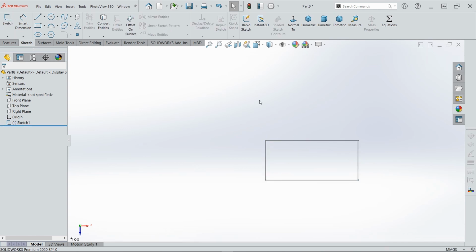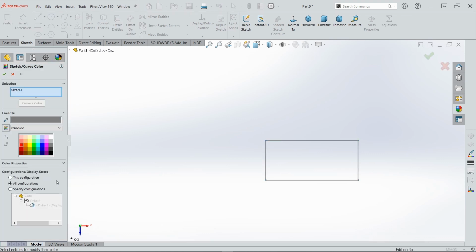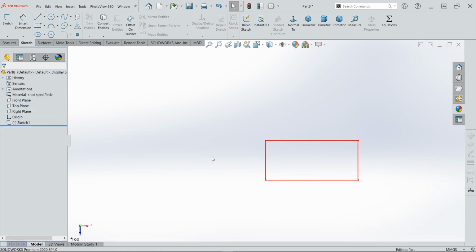So if we want this to be a different color outside of sketching, when we are finished sketching, we can right click on sketch and navigate down to sketch color, and we can select any color that we need, maybe a yellow or a red. Okay, and then